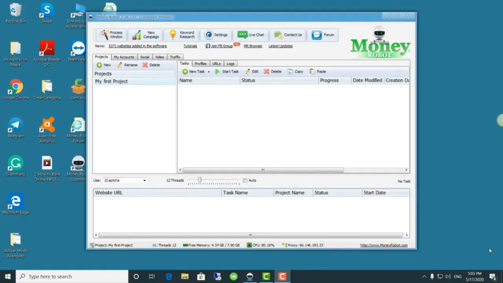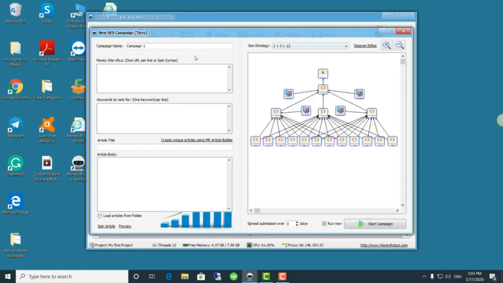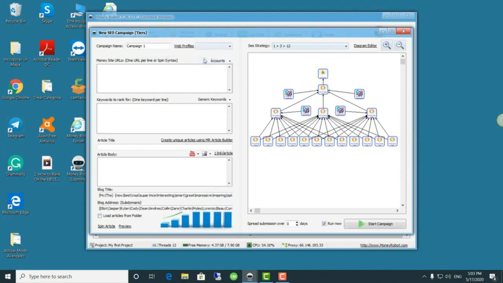In this video, we will learn how to create campaigns reusing previously created accounts. After opening up a new campaign, we must right-click on the gray area and select the Advanced mode. After the Advanced mode is activated, we get access to the Accounts section.